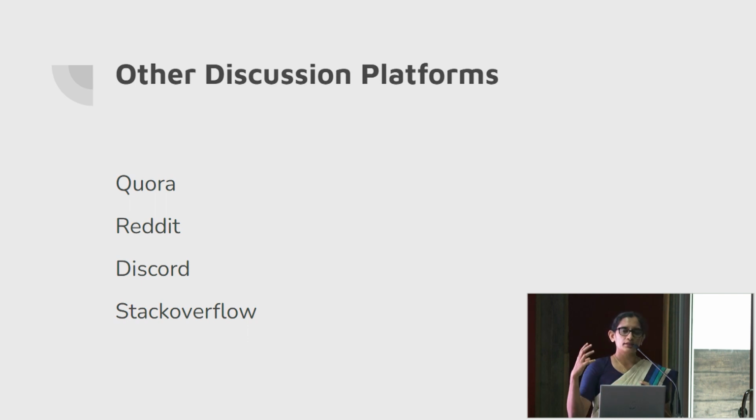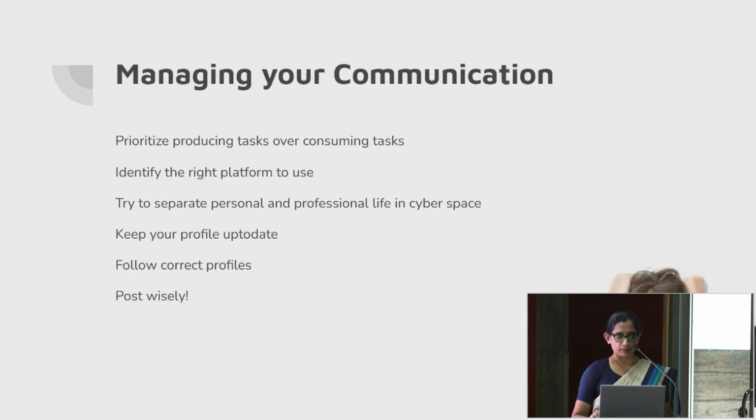So I recently saw that the AI community, artificial intelligence community, is more and more moving to Discord for communication. And finally, Stack Overflow is specific to computing, where people post the problems they have when they develop software, and then they get support. So a hugely established platform. So there may be platforms specific to your disciplines, right? So try to identify them and join and see if you can take the benefit.